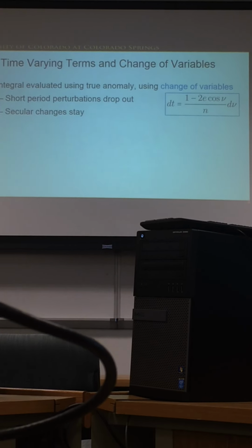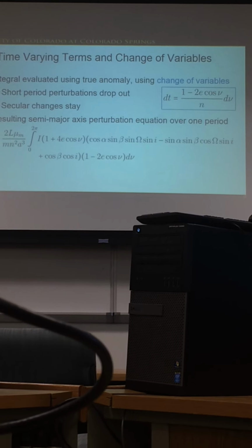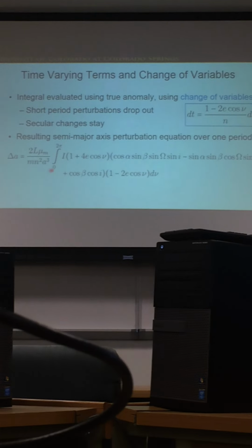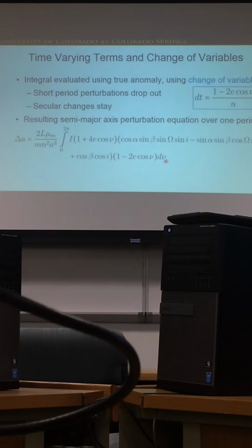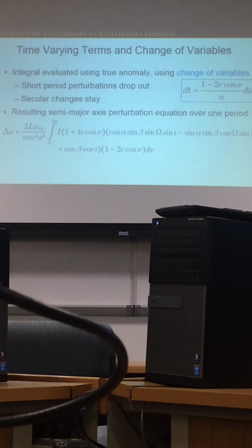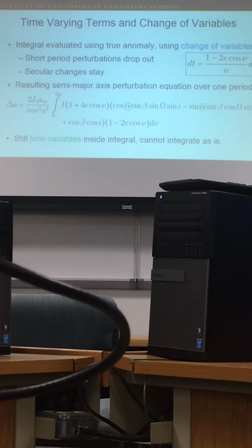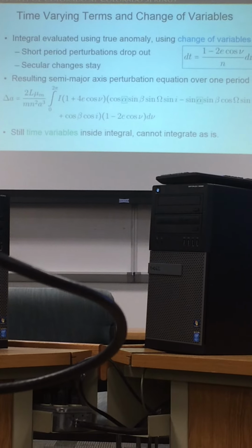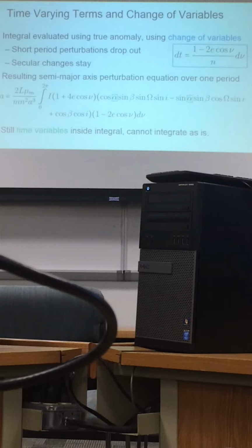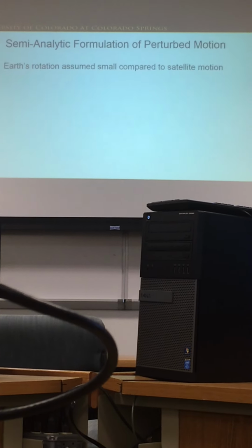So this is the resulting semi-major axis perturbation equation over a single period. And you can see that it's from 0 to 2 pi and is in terms of true anomaly. However, there are still time variables buried inside the integral in alpha, since alpha is solely a function of time. And so currently, we could not perform the integrals. The method that we